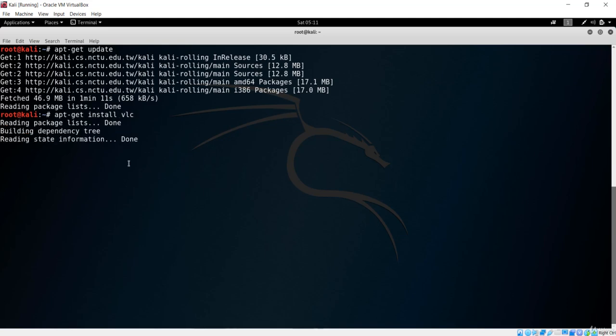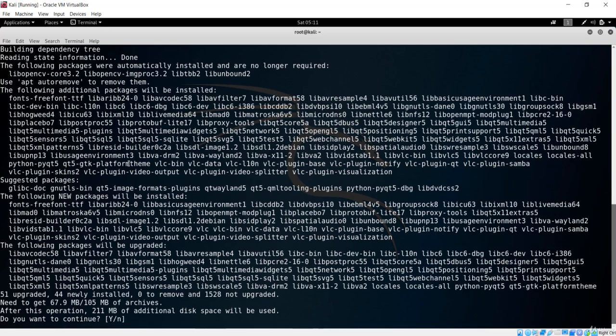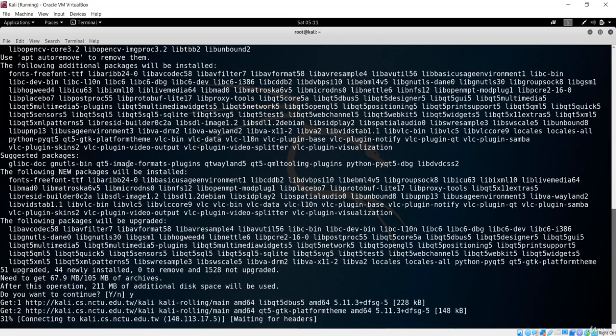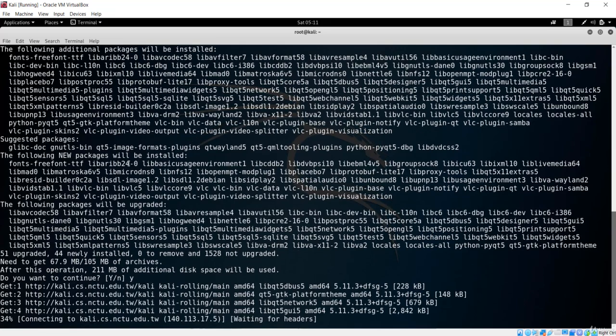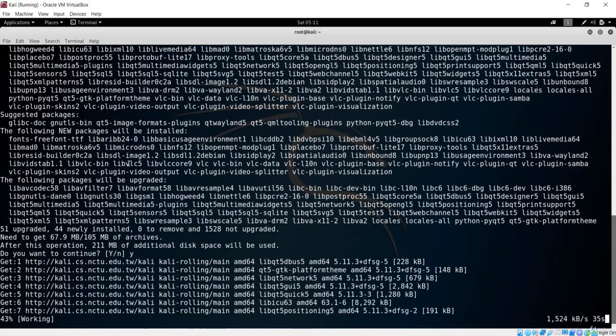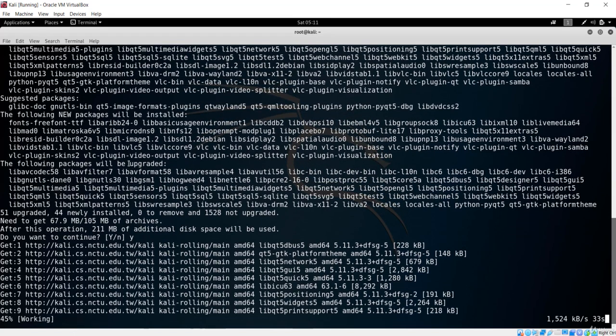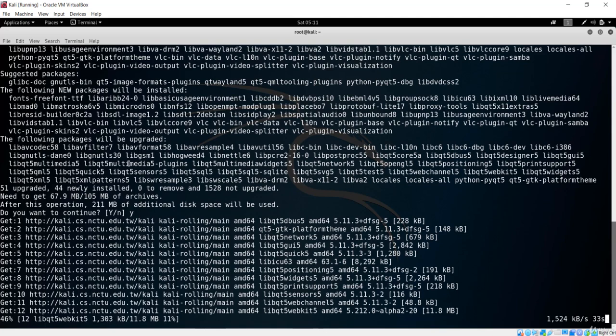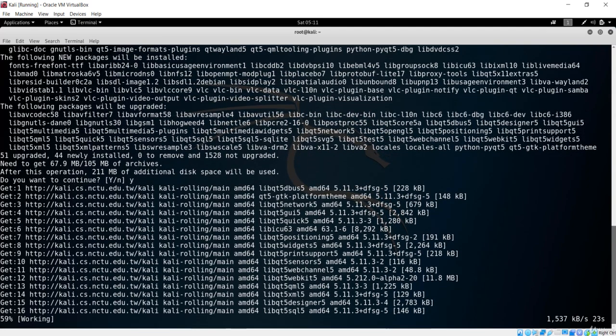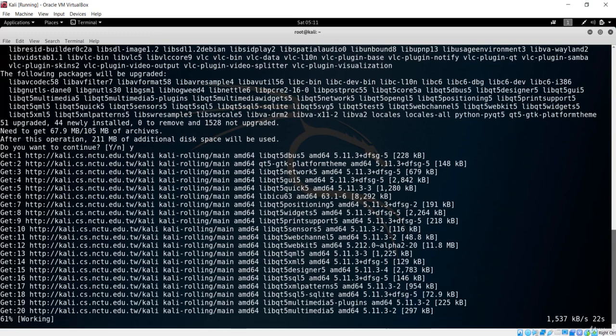Let's hit enter and I'll say yes, I want to install it. It checks for the headers, and now it should be downloading all of the packages needed to install that application. Let's give it time to download everything. Now I think it is installing some new packages, so I'll give it time to work.